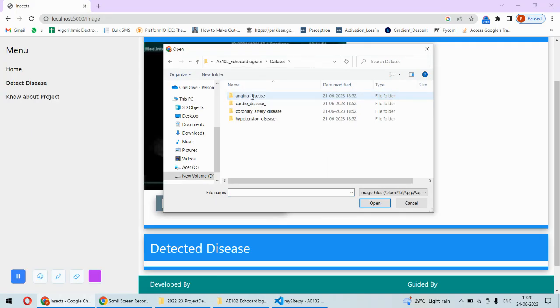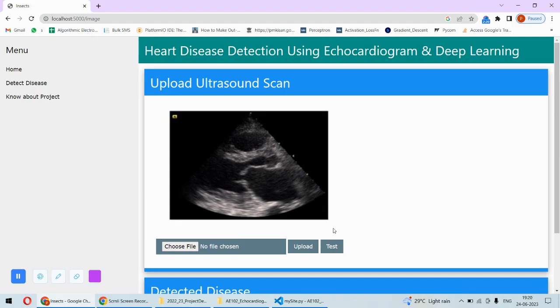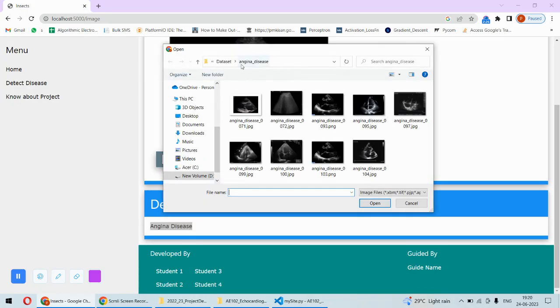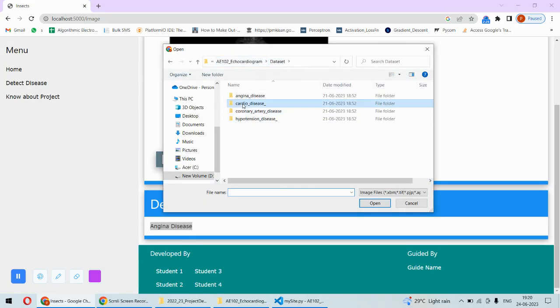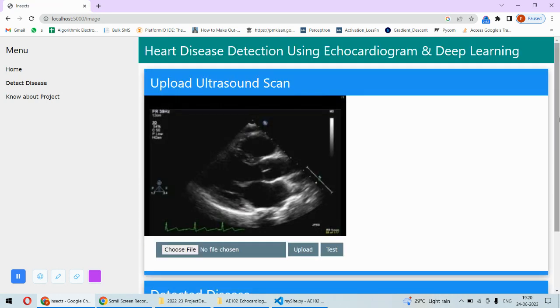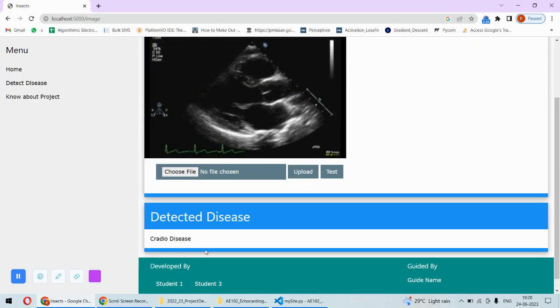For example, let's talk about this one. So I will pick this image and then upload and then test. Then I'm getting this, which is the correct prediction. If I choose from any other category, now you can take these images from the internet as well. For now we are using the dataset images to test, but it can be any real patient's ultrasound